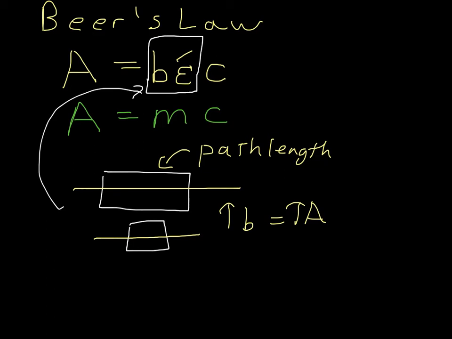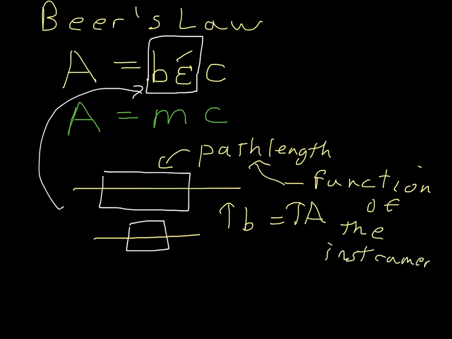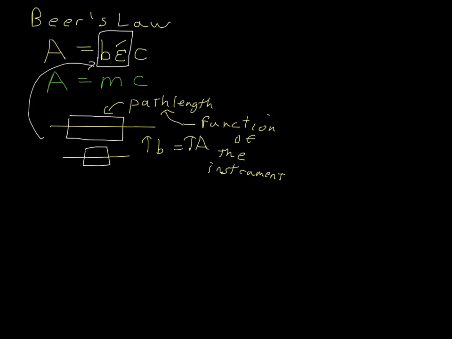Path length is a function of your instrument. And we'll talk about the instrument itself in a second. Different instruments are going to have different path lengths. So that's path length. Now let's look at absorptivity. Absorptivity is best described as a factor